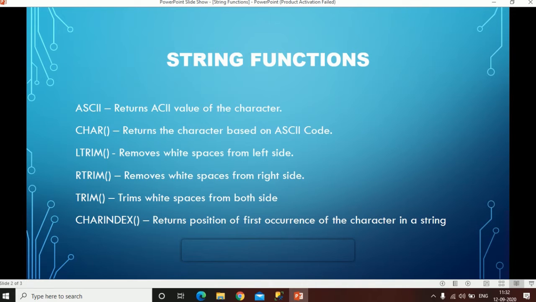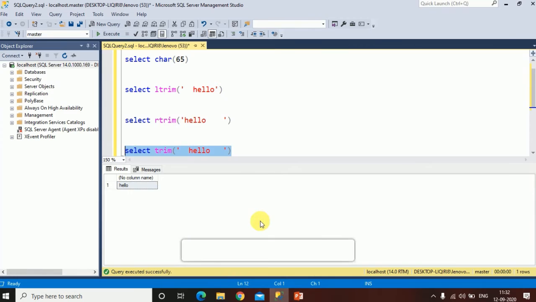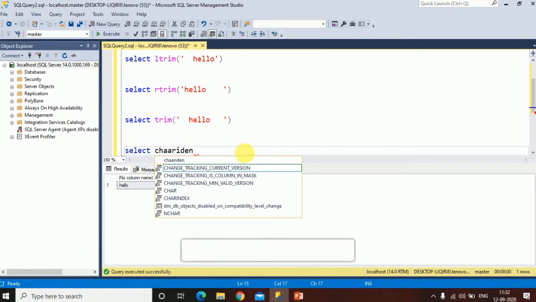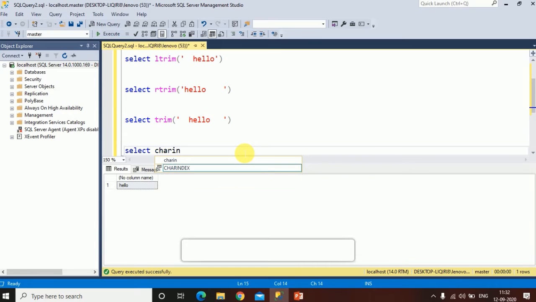Suppose I want to find the index position of h in the string hello.